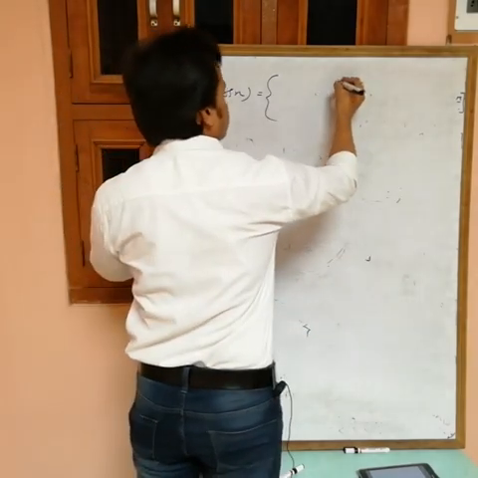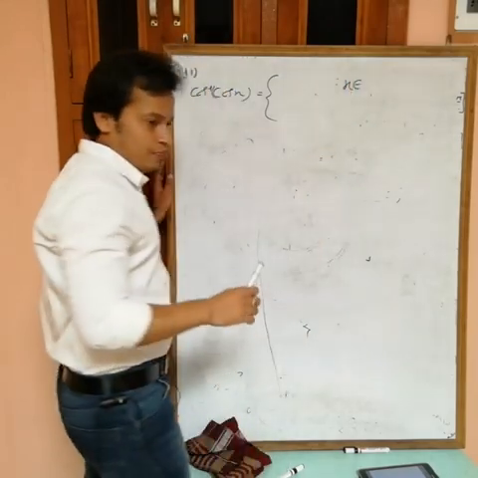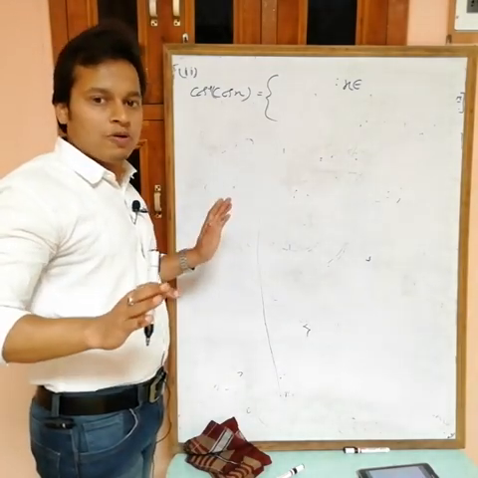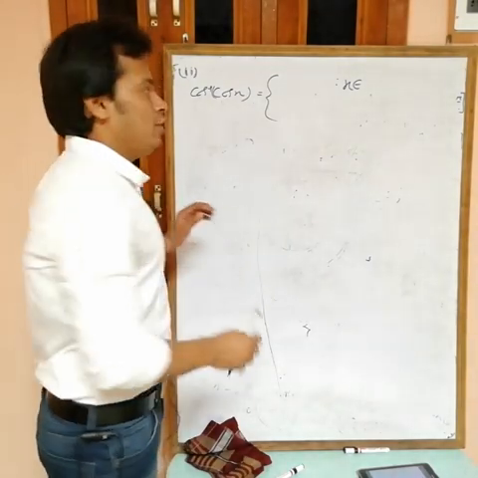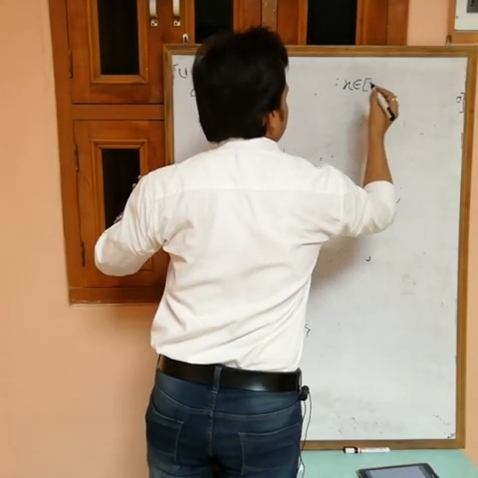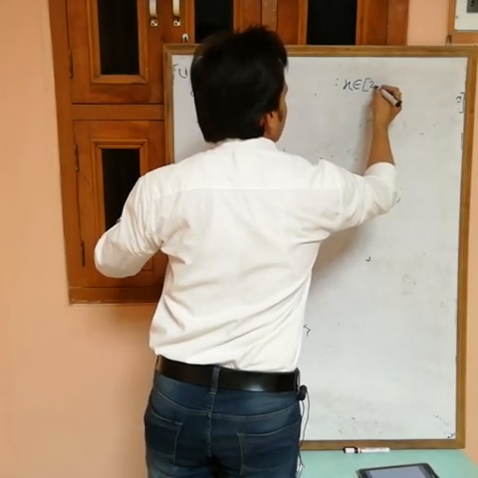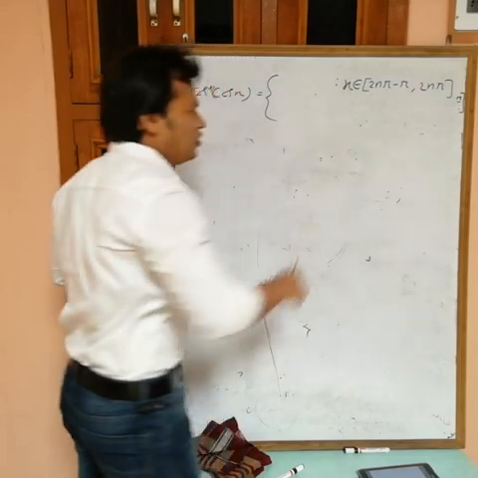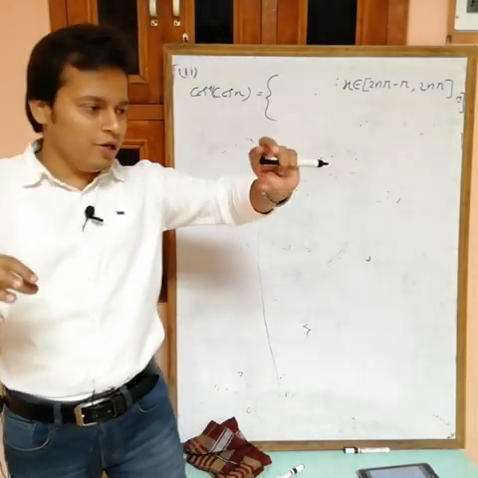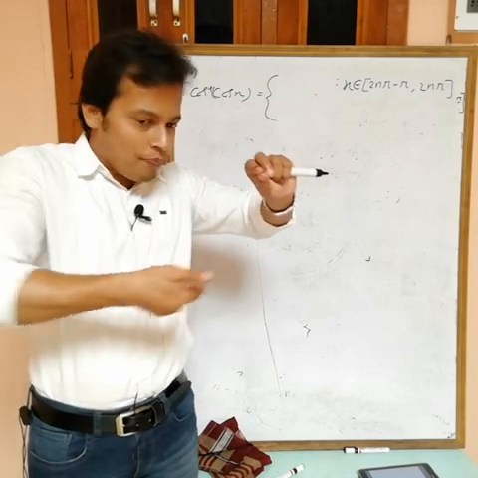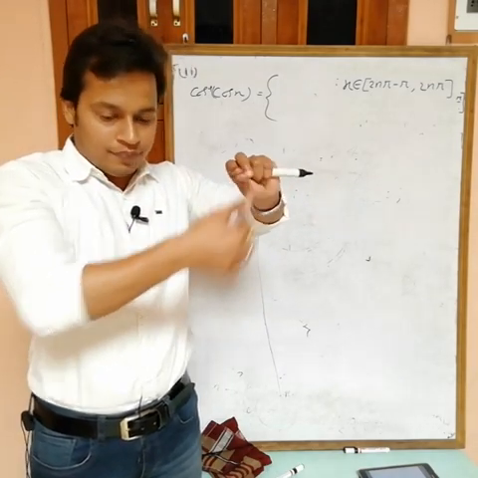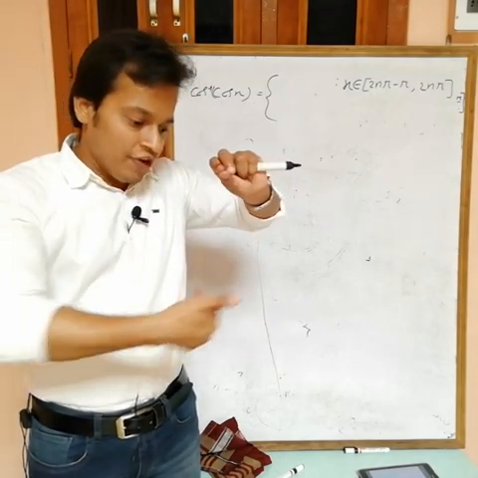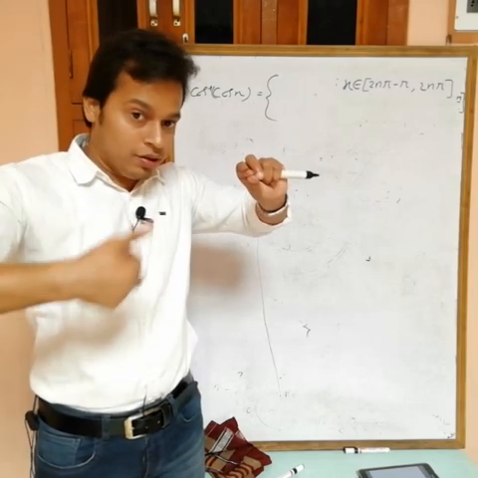First one, if x belongs to, and also you can use this formula for 0 to pi also, no problem. Okay, now if x is less than an even multiple of pi, it means if x belongs to 2n pi minus pi to 2n pi. Okay, now it means any even multiple of pi, 2n pi. So from before pi up to 2n pi. Okay, now 2n pi minus pi, it means from this one to this one. So if x lies in this interval, it means in the third and fourth quadrant.